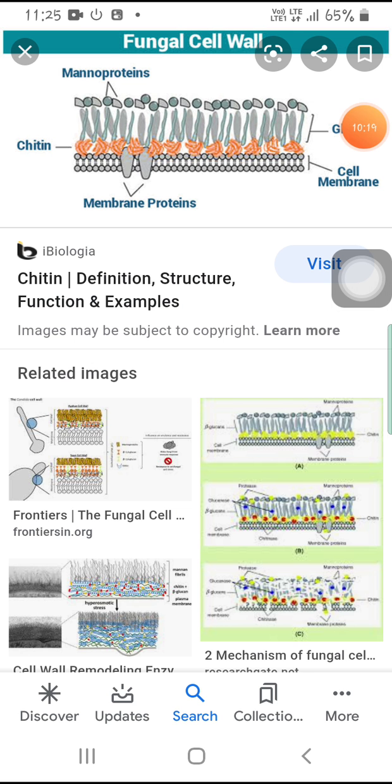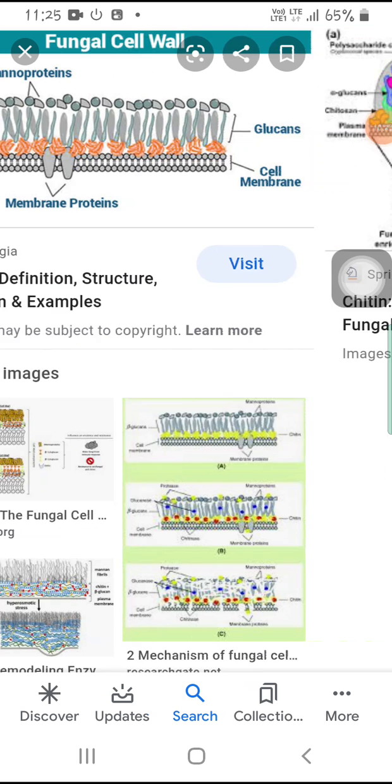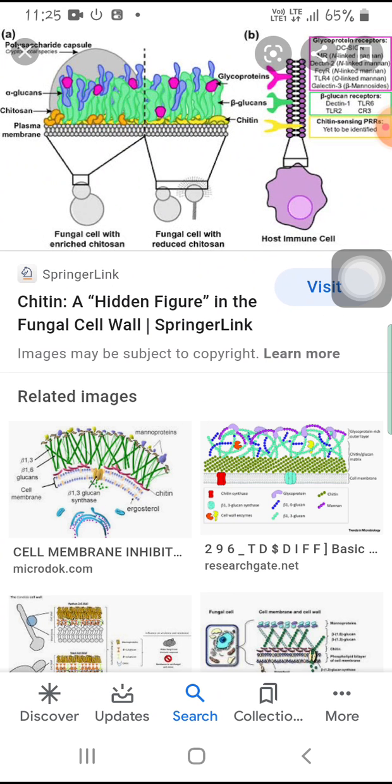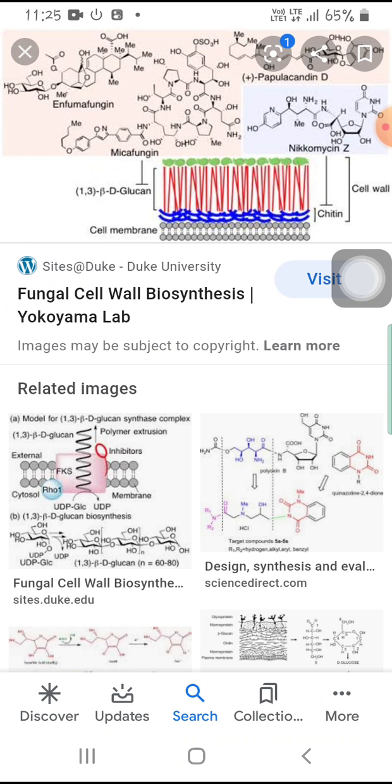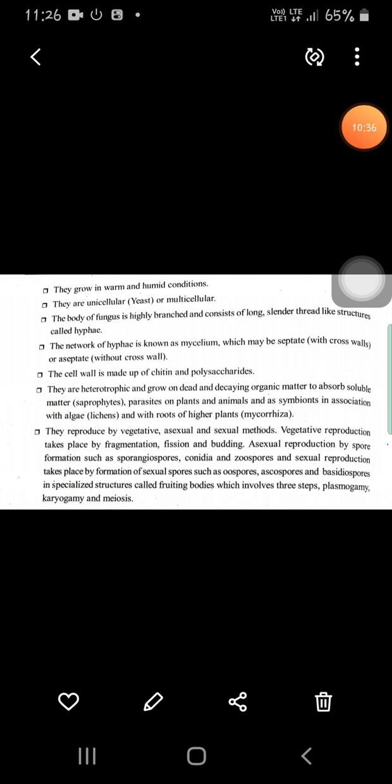So this is the chitin layer that is found in fungi. This is the chitin. This blue color you are seeing down here, that is the chitin layer you find in fungi. And also they are heterotrophic, and they absorb soluble matter, as parasites on plants and animals,